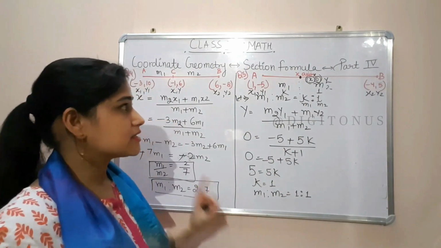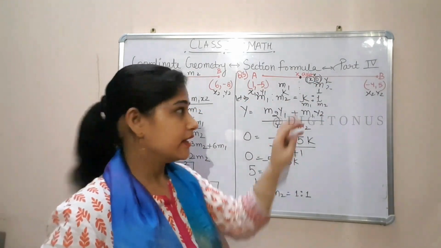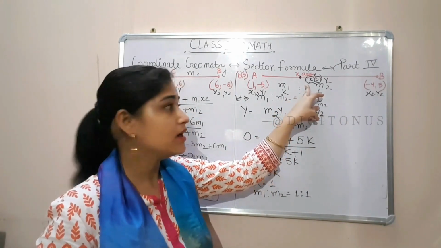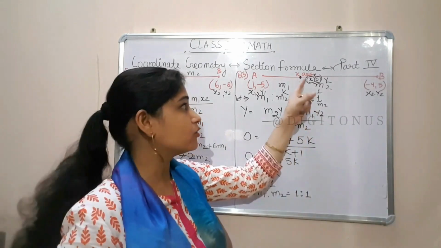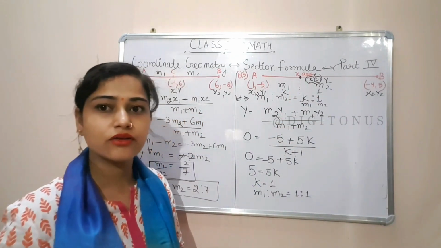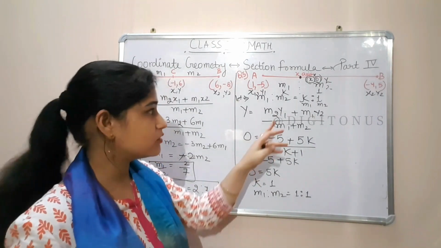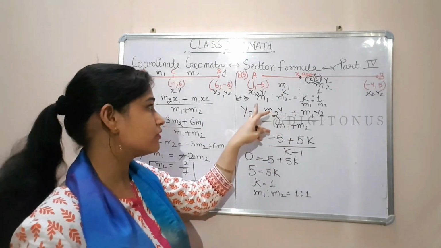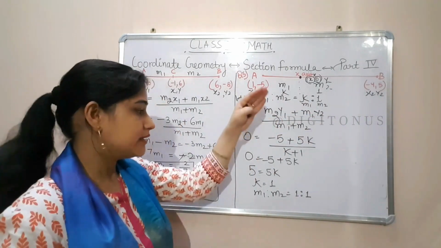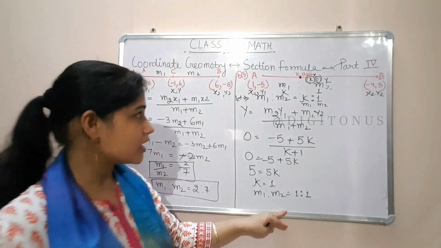Why am I doing it like this? If we don't know any coordinate point value here, the intersection point coordinates, you don't know even one value, and you have to find both values and also the ratio m1 and m2. So 4 unknown values we will not be able to find out. So in that case, we will keep k ratio 1 in place of m1 and m2. That's why I have explained this question like this. Okay, I hope it's clear.